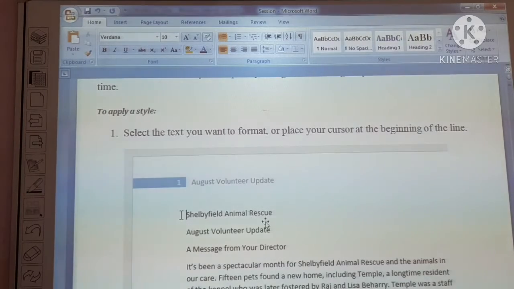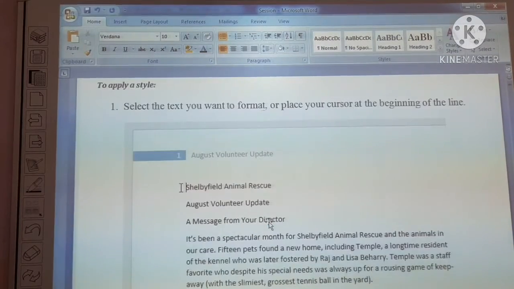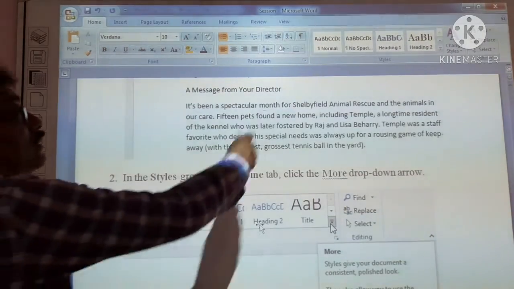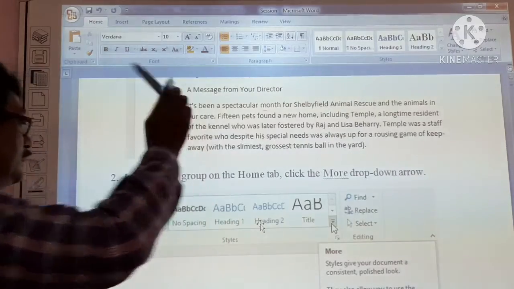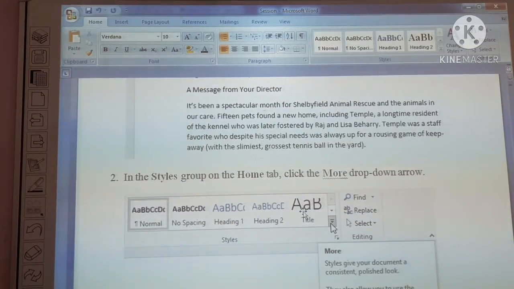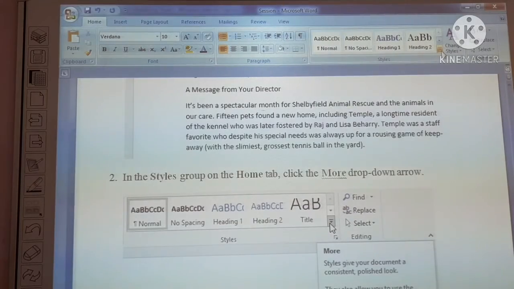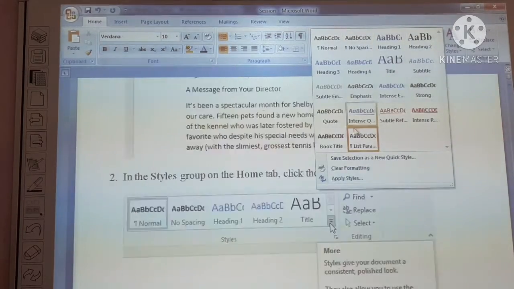First of all, you have to select the text whose style you want to change. See which styles are already available. Now there are different types of fonts, and in the down arrow direction different types of fonts will be available.